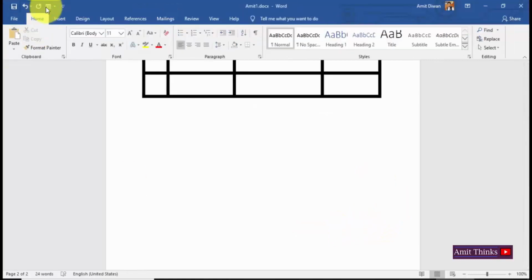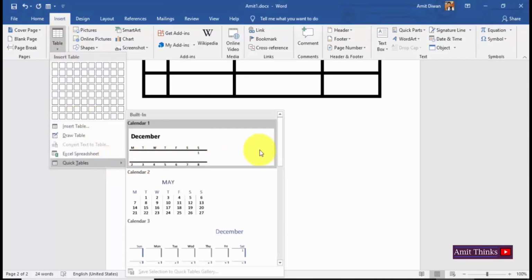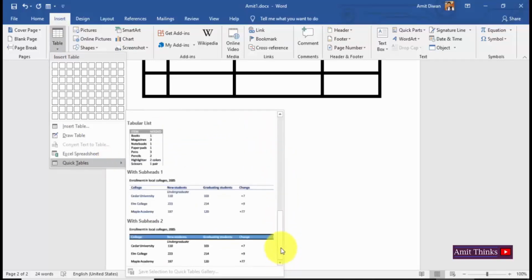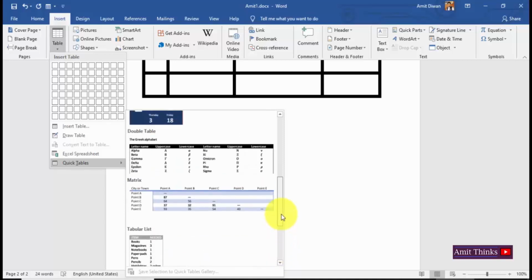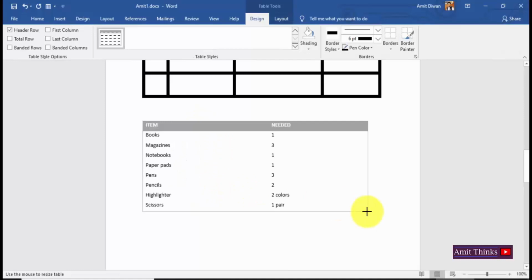Now let's see another feature. If you have added a table, let's say, you can add quick tables also. These are pre-formatted tables. Look, very good option. Let's say you want to create a table like this. Click on it, drag it and make it bigger and change the options here, like